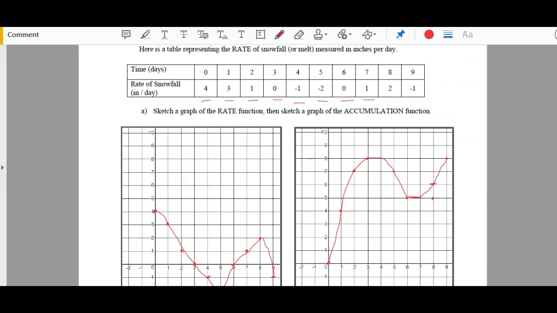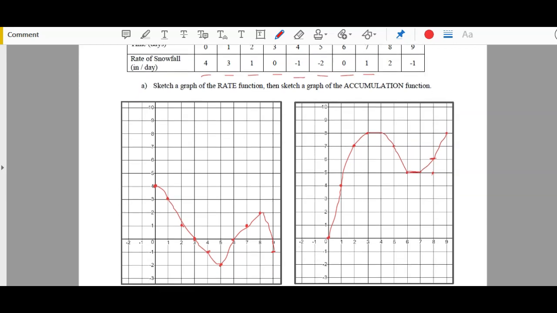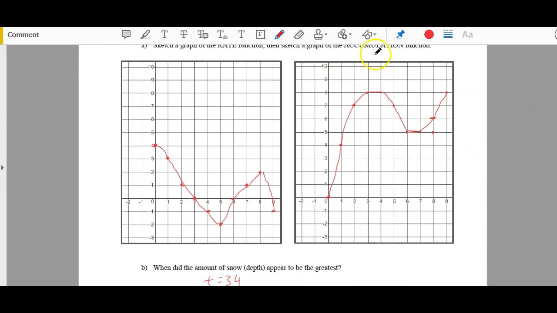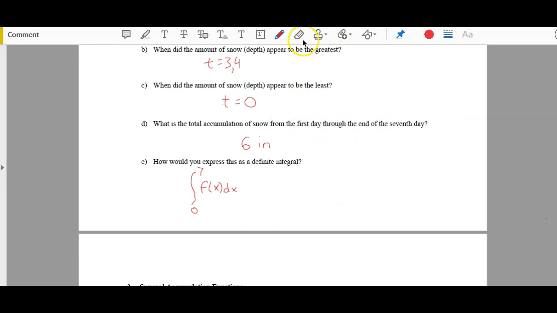I'll come back up, and we didn't really give it a name, so we can just call that f of x, or you could say r of t if you want, and probably it should be 7 right there. So I'm going to go ahead and change that value back to 5. Let's say this is going to be end of the 7th day. We'll call that 5. And then this is going to be either f of x dx, or you might even do something like r of t dt,